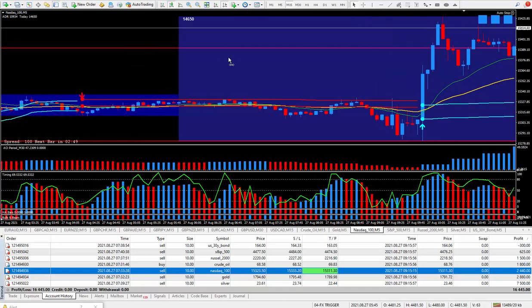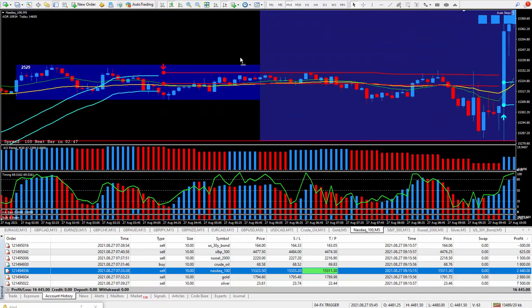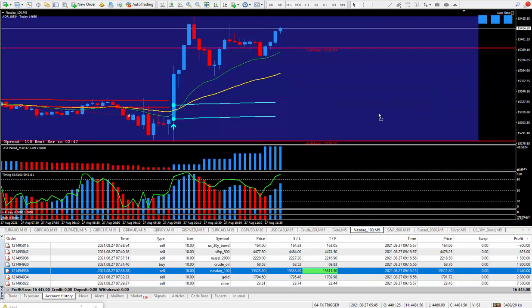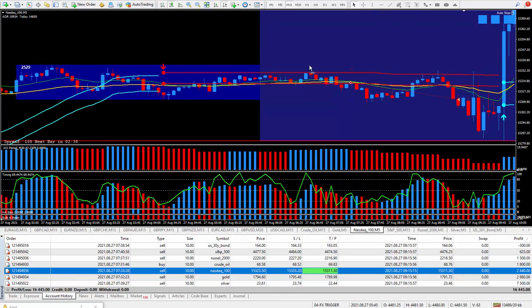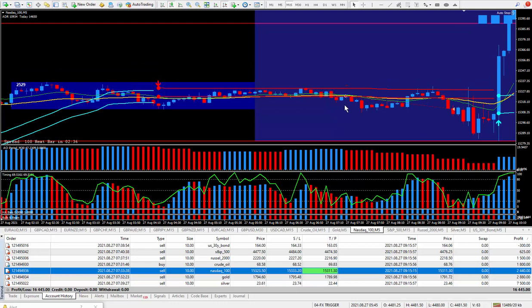Let's see if I can blow it up a little bit. Let's drag and drop this up and see where I got in at. Move it over a bit. Just before the opening bell, I pulled the trigger here. Did go against me a little bit when I pulled the trigger,